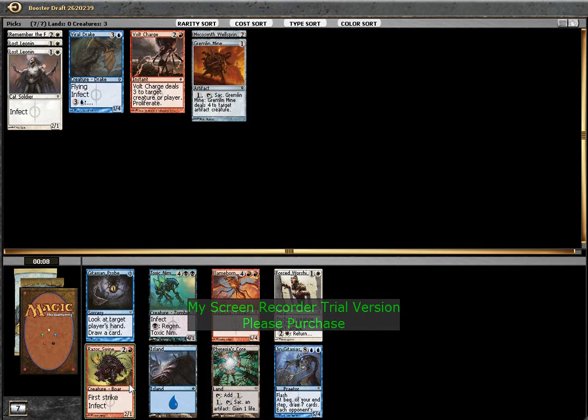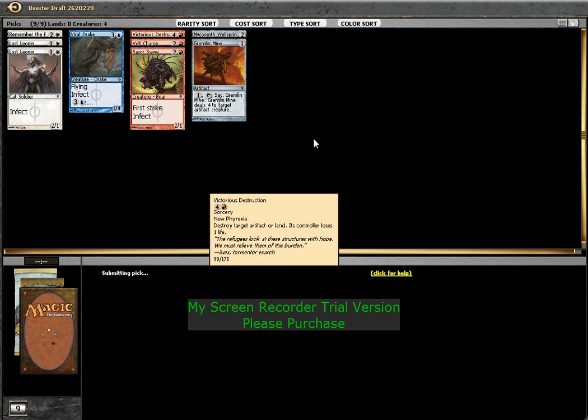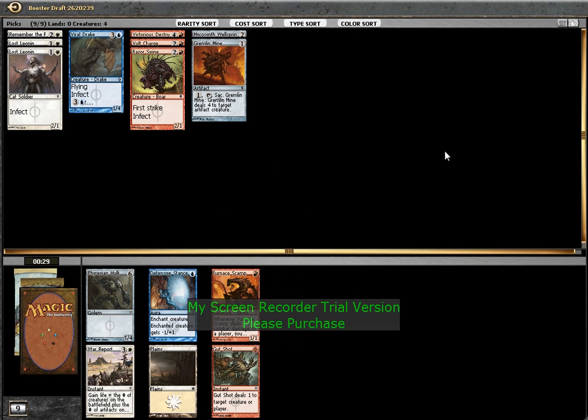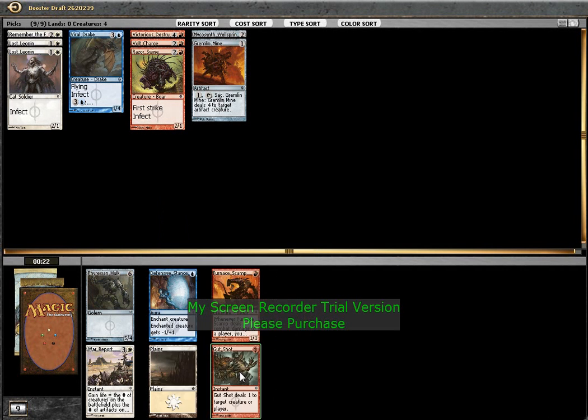Probe is alright, but I really like... First Strike plus Infect is a great combination. We're not going to play any of these, and removal, even expensive removal, is still removal. So I'll take the Destruction. Gut Shot. Don't know how good this is. Probably not great, but...